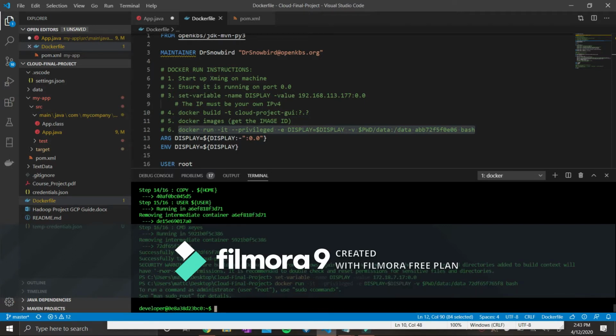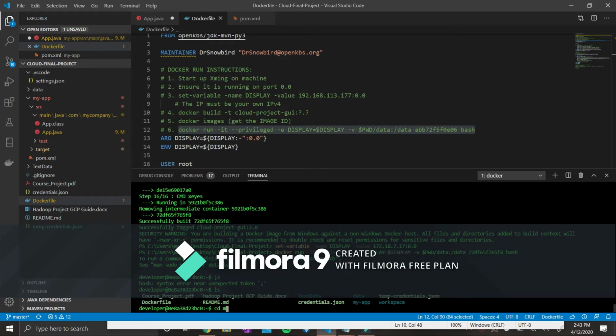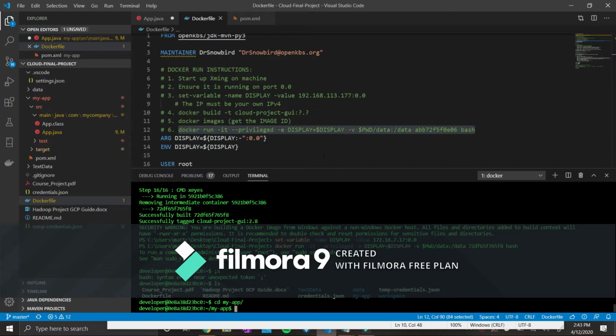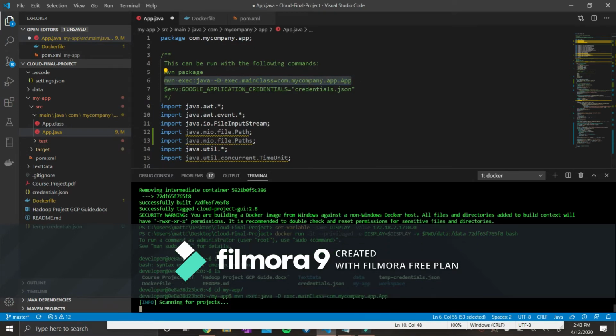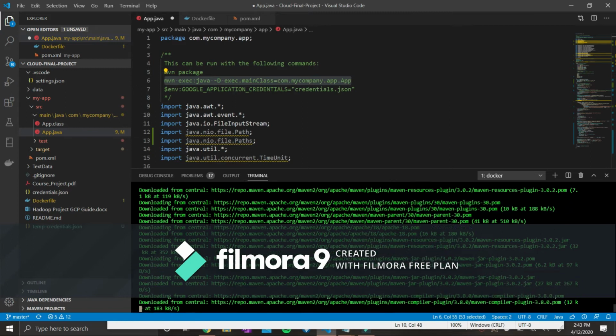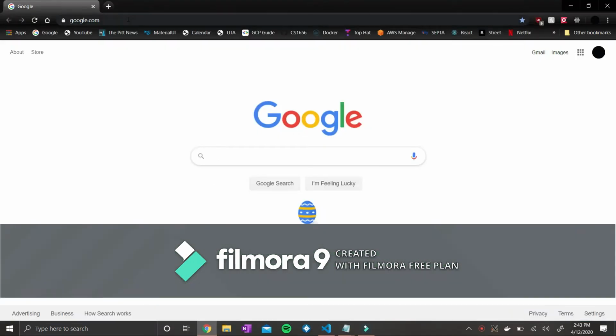That's going to open up the bash, and then I'm going to take a look at the directory. So it looks like it copied over everything. I'm going to jump into my Maven app, and then to run the Maven file, I'm going to copy this guy in. And while that's downloading, I'm going to jump to the